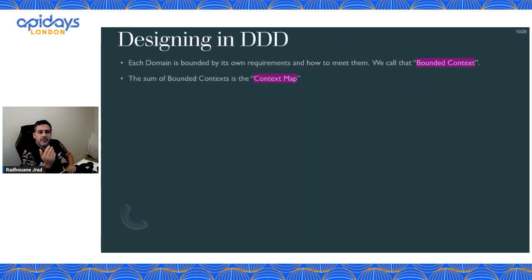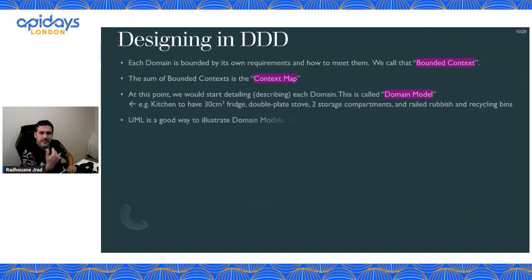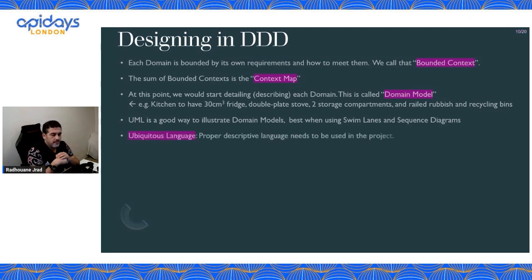All right. So a little bit of jargon here just to explain them. The bounded context is what limits the domain. Okay, the domain has a context. You know, it's a human resources domain. That's the context. So it's bounded by the HR rules and whatnot. Okay, all together they form the context map, and each domain has its own model. So you will start modeling and designing for each domain separately.